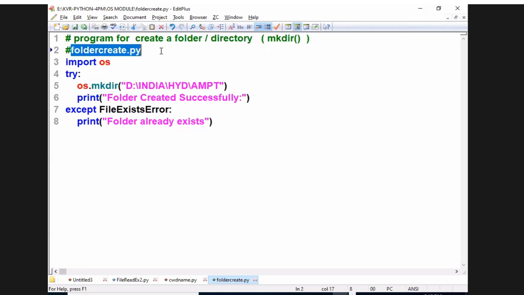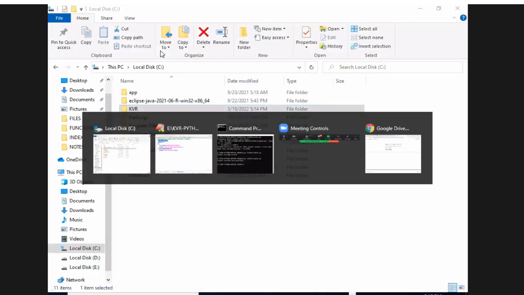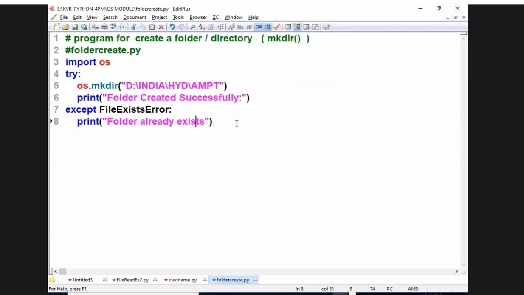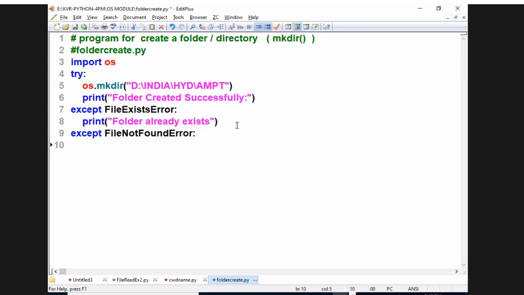What is the exception that is coming again? You see, what is that exception? Yes. It cannot find this much of a big path. It cannot create. Right or not? So I can write another type of thing. If you want, I can write that also: except FileNotFoundError. That means it cannot look for this much of a big path. So I can say we can't create